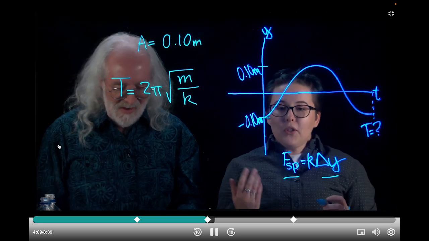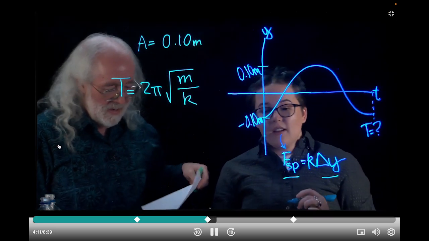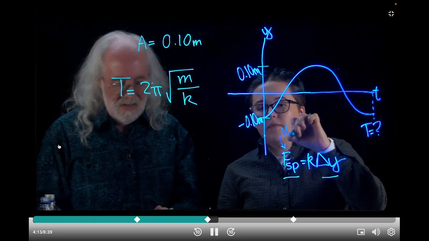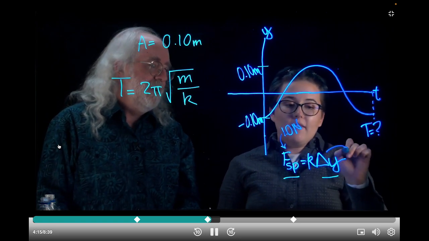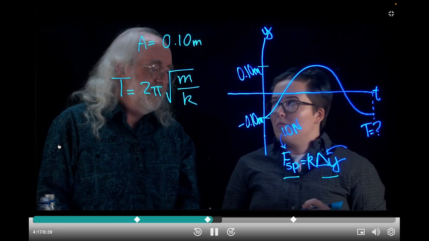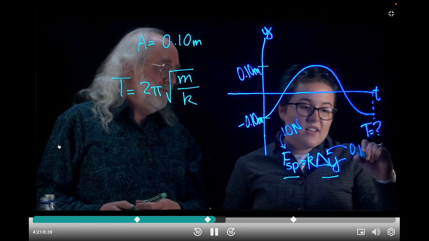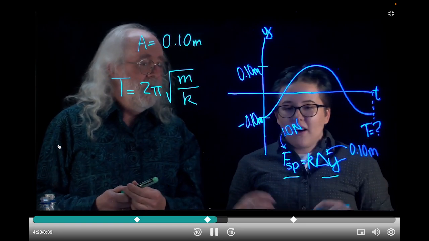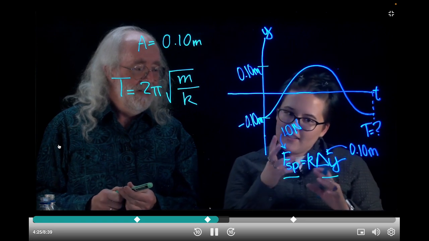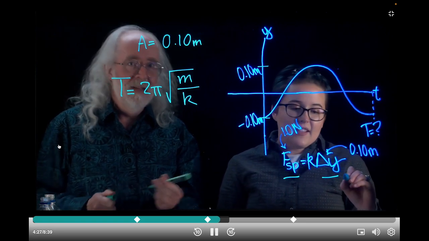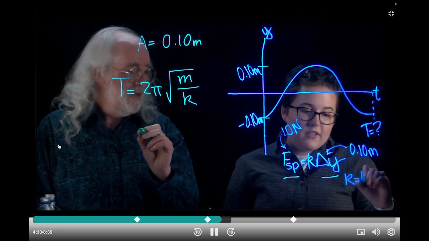All right, so I'm told in the problem that our spring force is 1 Newton. And we're told that our distance from equilibrium is, what, Brian? 0.10 meters, because it's the amplitude. So if I do some rearranging and calculate it out, I get a spring constant of around 10